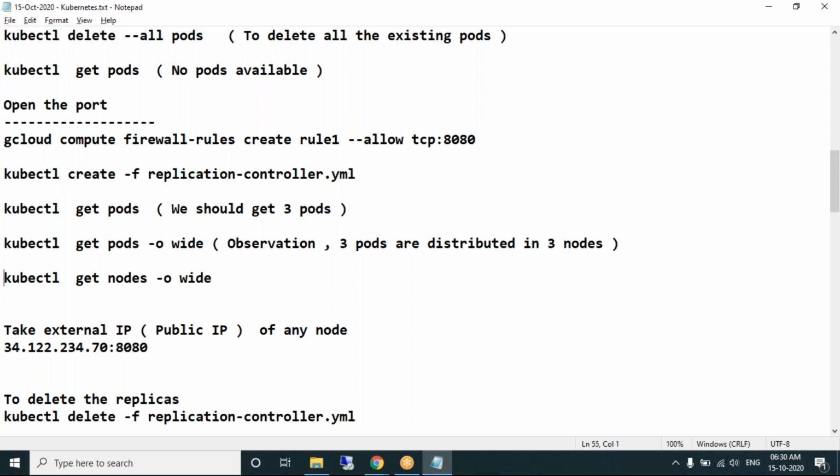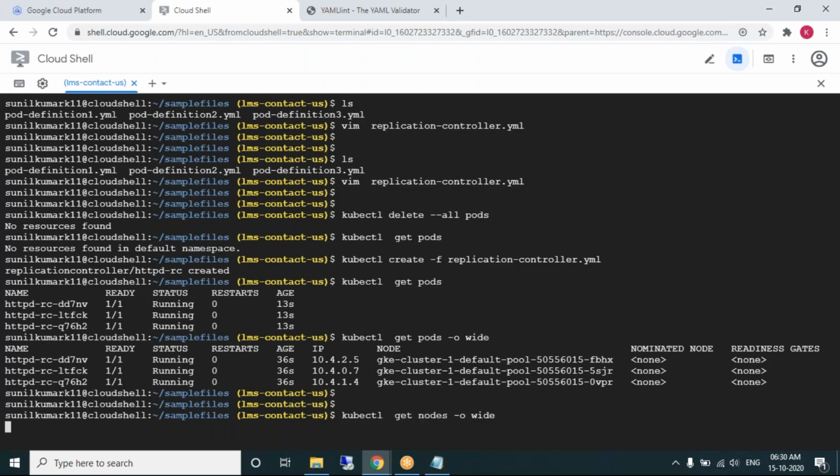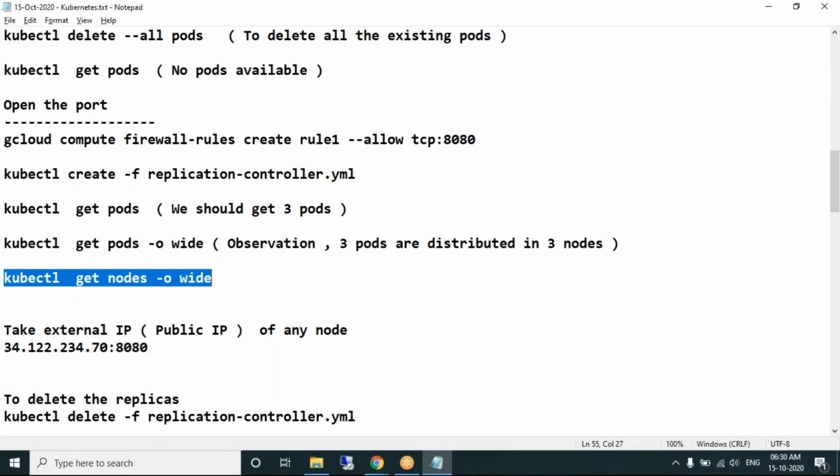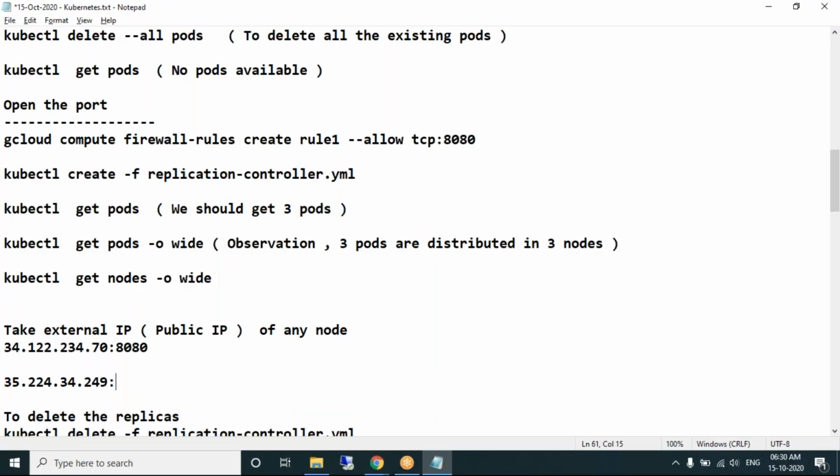So can I check this httpd? So get the nodes, take any node's external IP. External IP is nothing but the public IP. Colon, we have mapped to which port number? 8080, right?